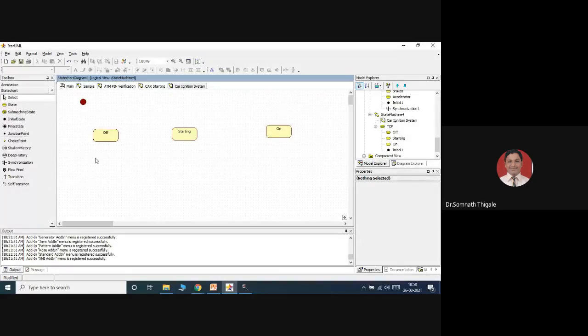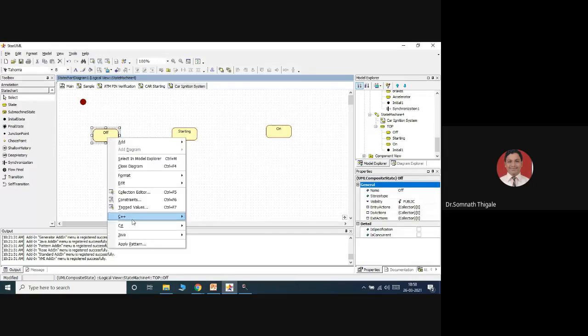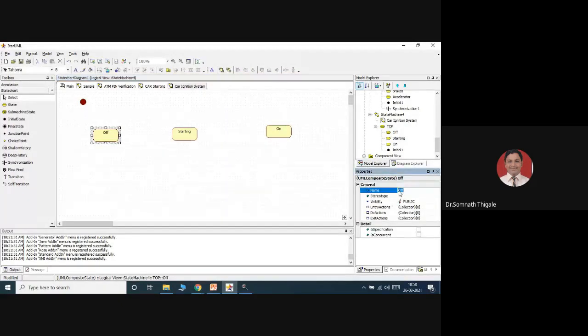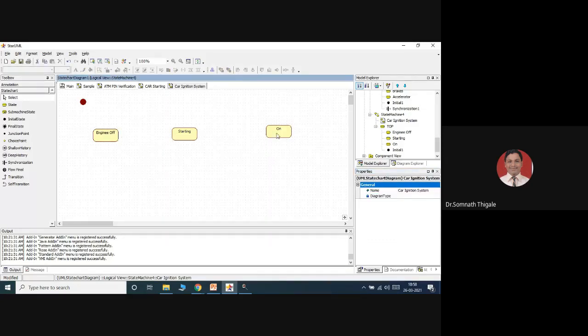So initial state engine, I will say engine off. Engine off, it is starting, and engine on. For understanding, I just want to move from one state to another state.